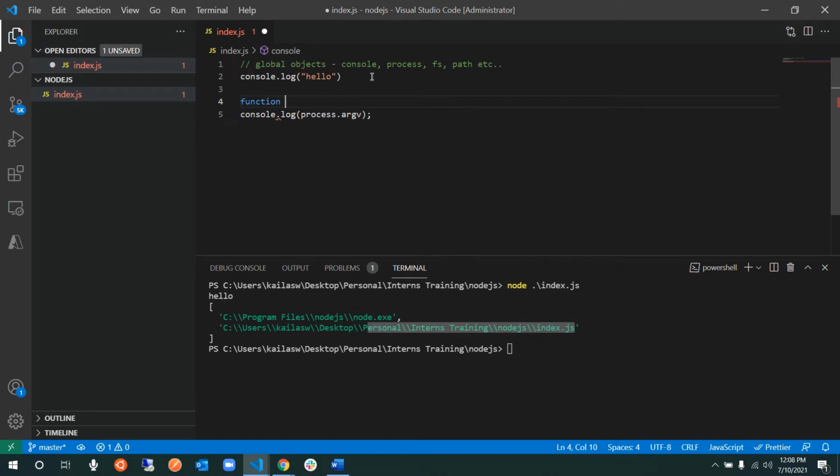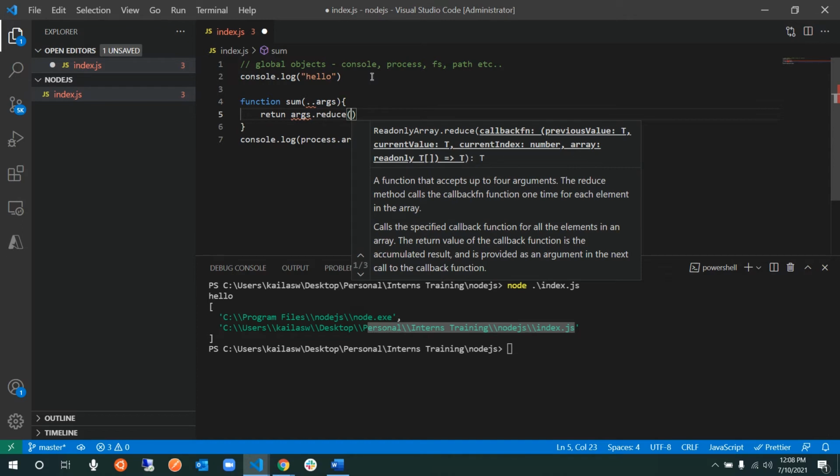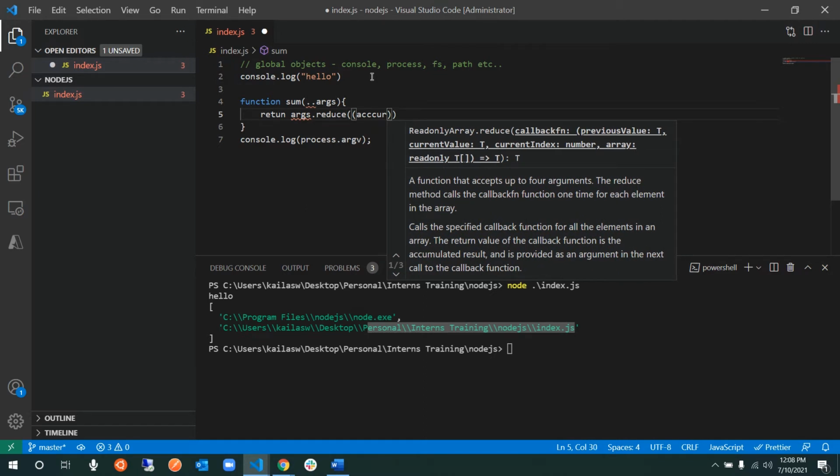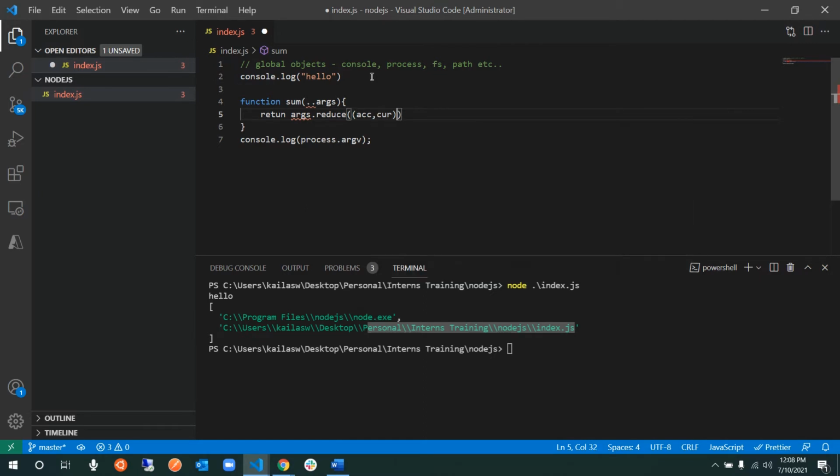If I calculate the sum of elements which are passed in the arguments, I just say return args.reduce, with accumulator and current value, both of them in brackets. Accumulator plus current.